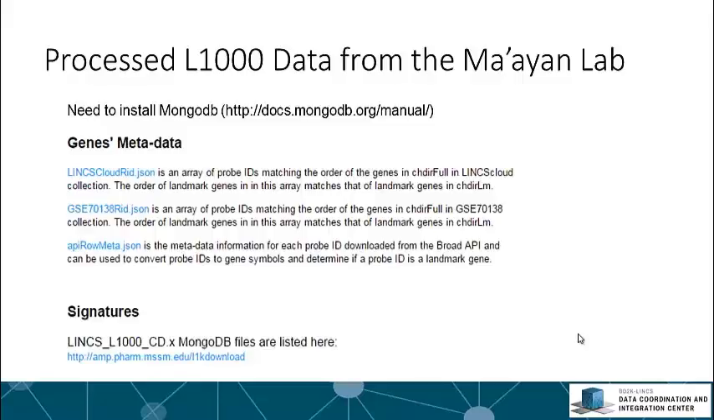The only thing that requires your attention is that the database does not store gene metadata. The gene metadata needs to be downloaded separately in 3 files. LINCS Cloud RID.json is an array of probe IDs, matching the order of genes in the full characteristic direction in LINCS Cloud collection. The order of landmark genes in this array matches the order of landmark genes in the landmark